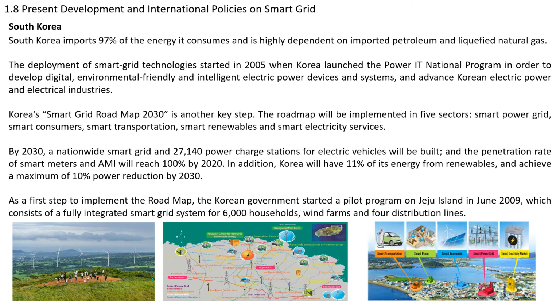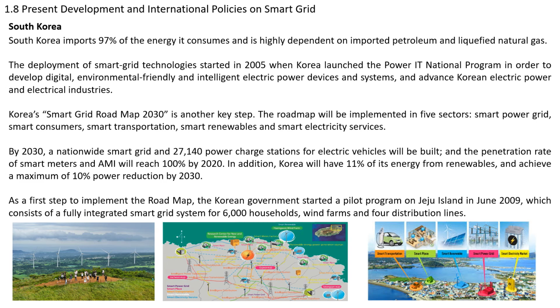This will be implemented in 5 sectors: smart power grid, smart transportation, smart renewables, and smart electricity service. By 2030, a nationwide smart grid, and by 2027, 140 charge stations for electric vehicles will be built, and the penetration rate of smart meters and AMI, advanced metering infrastructure, will reach 100% by 2020. These are the plans of South Korea. In addition, Korea will also have 11% of energy from renewable energy and achieve a maximum of 10% power reduction by 2030. To implement all these policies,